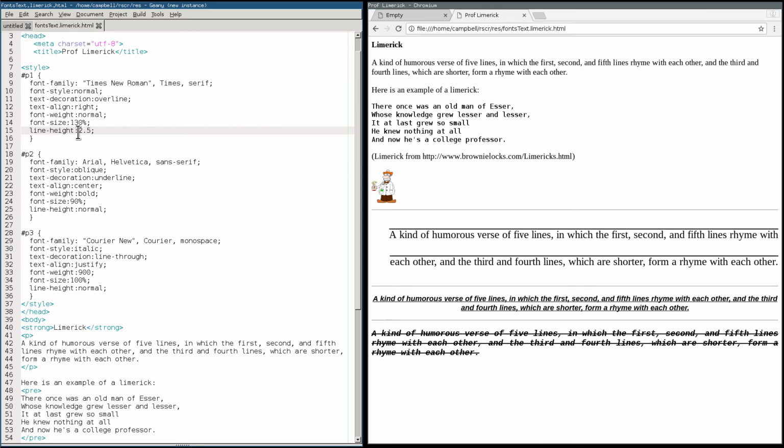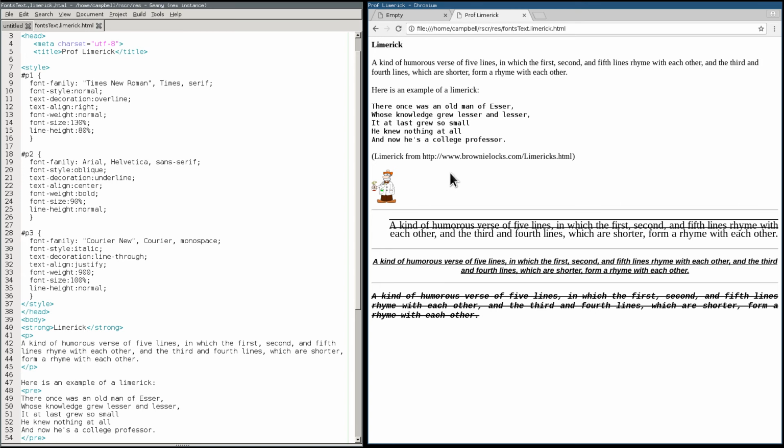Again, we can use pixels and other kinds of length units. Most common, again, is using percent. So if I use 80% for my line height here, now you notice that this line is actually crashing into that one a little bit. If I make this line height 110%,